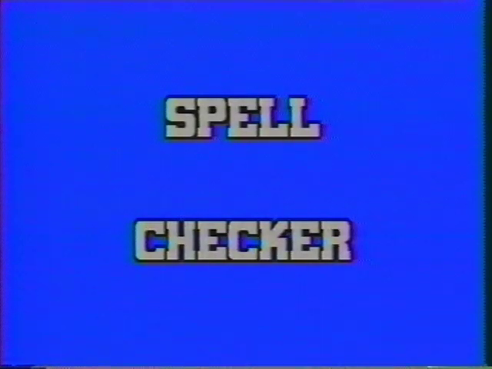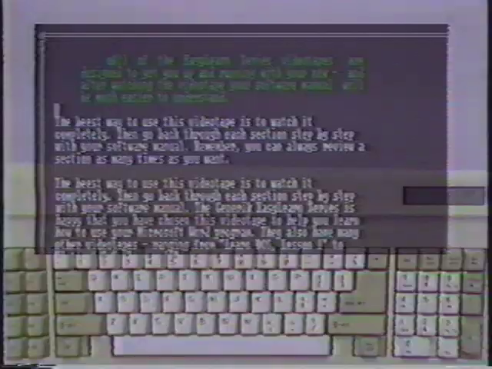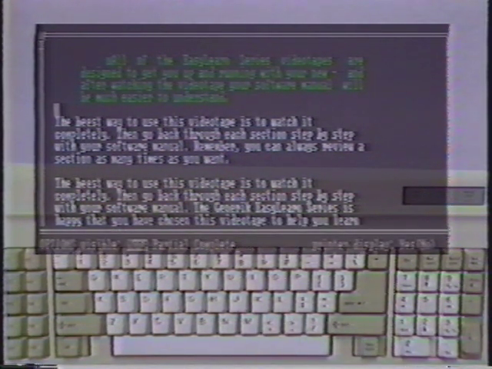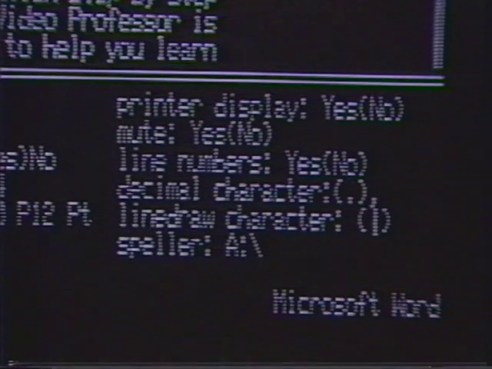The spell checker matches your text against its dictionary. It then displays to you any words it couldn't find and lets you correct them. Before you use spell checker the first time, be sure it knows where to look for its dictionary. Press the Escape key and the O key to get the Options menu in the command area. The entry in the spell field should be the name of the word directory. That's